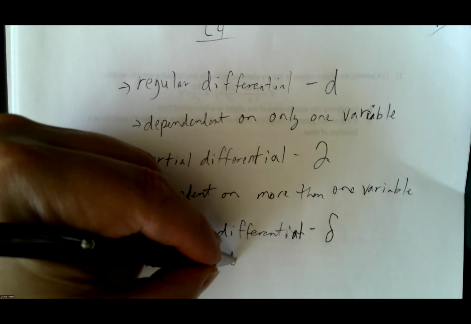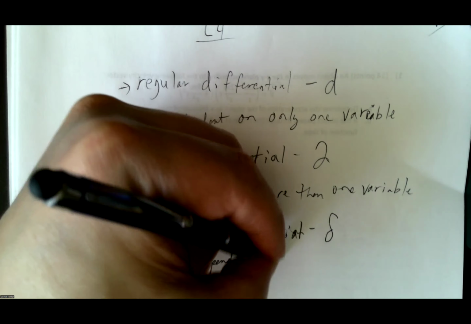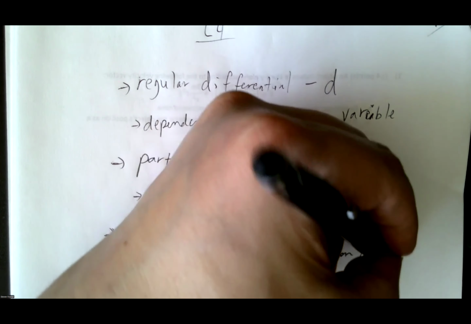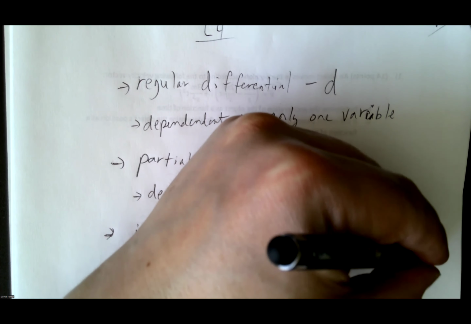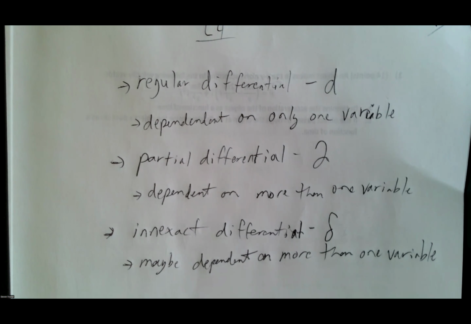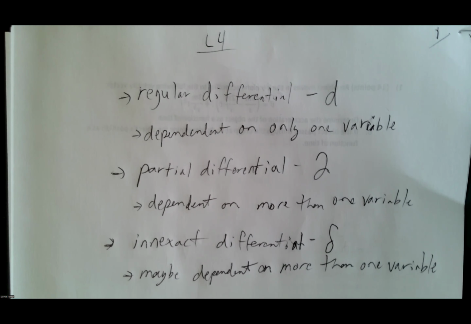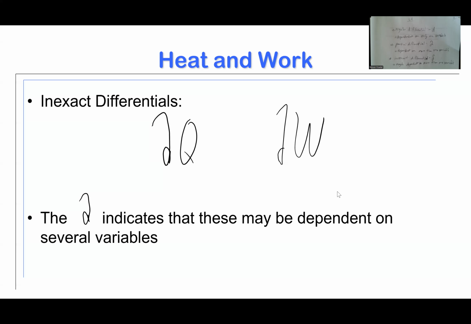dependent on more than one variable. Maybe it's only dependent on one variable. Maybe it's dependent on more than one variable. We don't know for sure. Heat transfer is a good example of that, where heat transfer may only be dependent on temperature and nothing else. It might be dependent on more than just temperature. It might be dependent on the composition of the material. A lot of times, it might be dependent on the shape or the surface area of what it's coming in